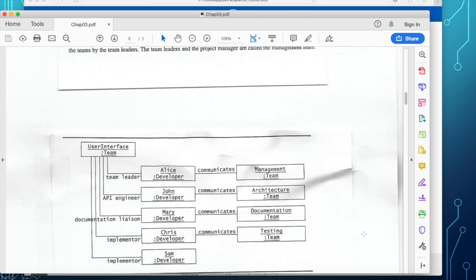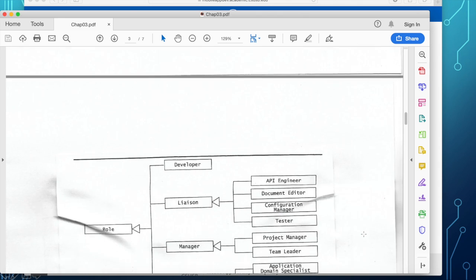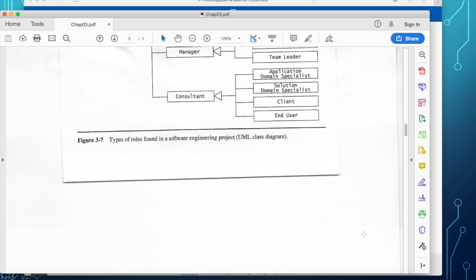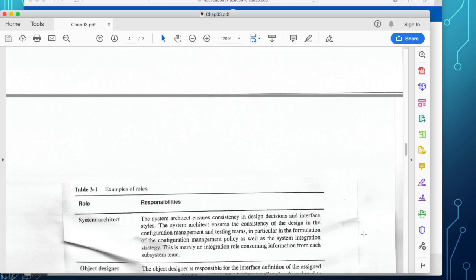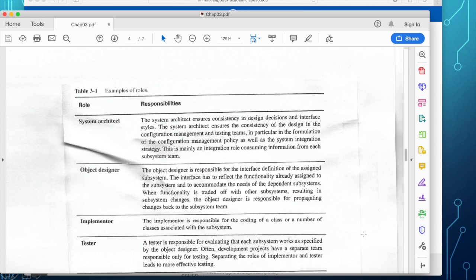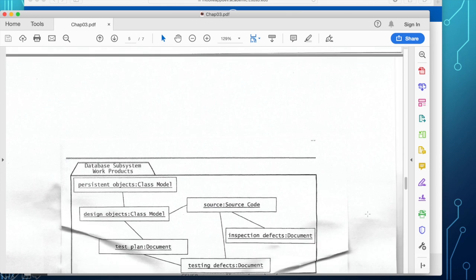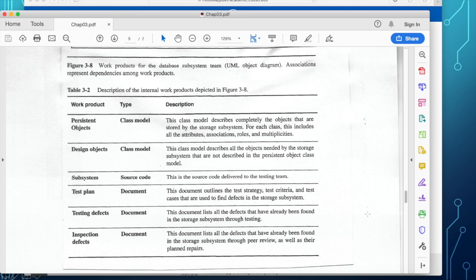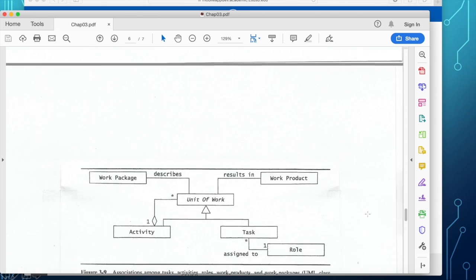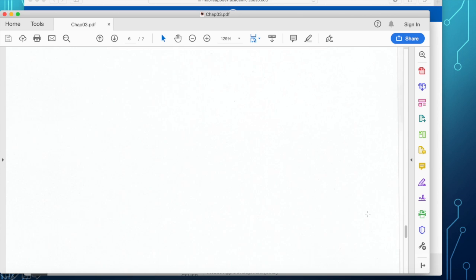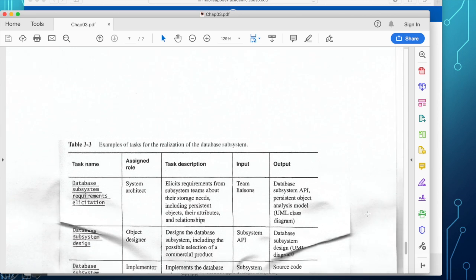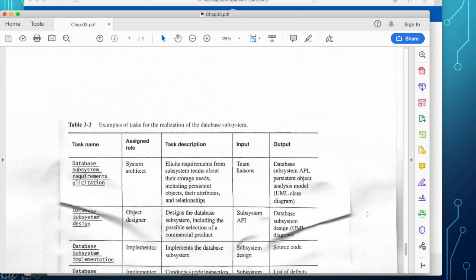Here in the work units, the example in our book is the implementation or development of a database subsystem.